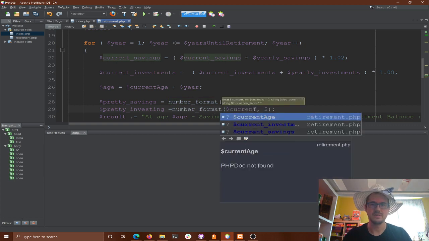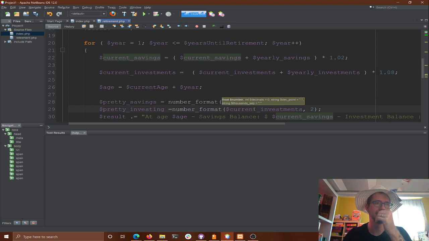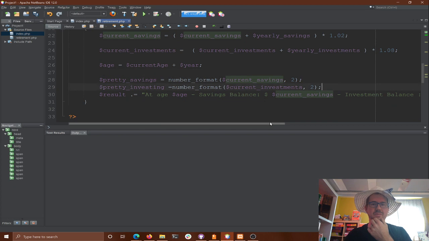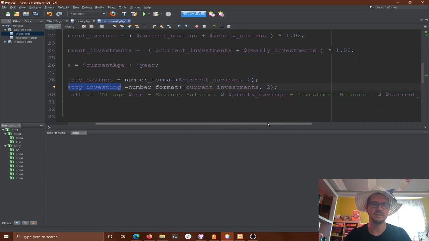Current investments. I don't think we can do it right inside this interpolation. So I think just doing it right here works. And we'll just sub in our pretty savings, our pretty investing.